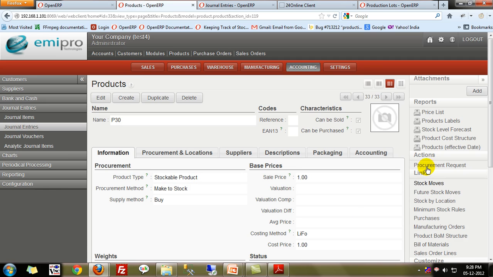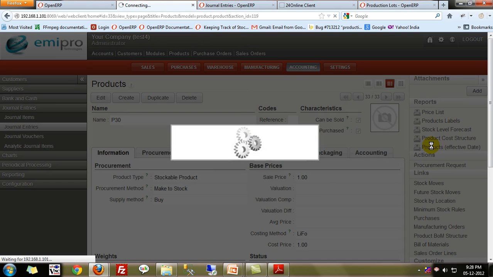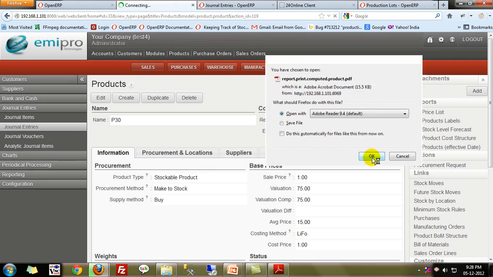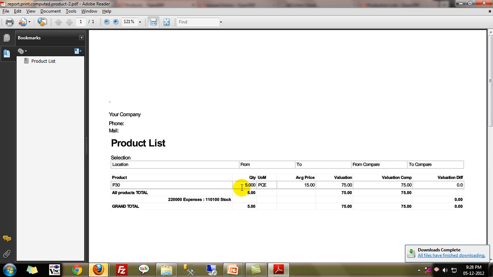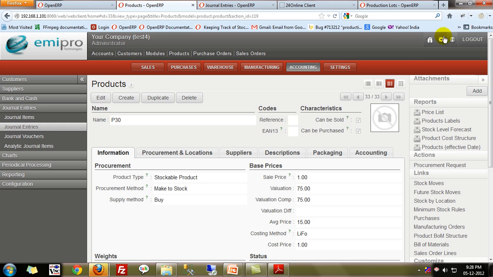Now let's see the valuation of the product. I'll be going to the product screen. At the right panel you can see products effective date. That's the report. So here you can see that 5 quantities of product P30 at an average price of rupees 15. My valuation for this product is 75. Let's see this in the system. Here you can see that an average price of rupees 15, my valuation is 75. So this was the stock valuation using LIFO method in